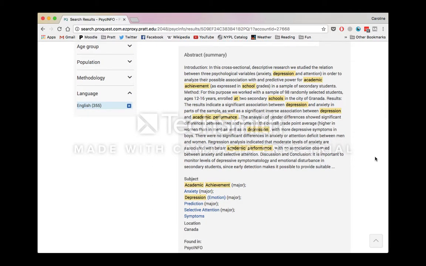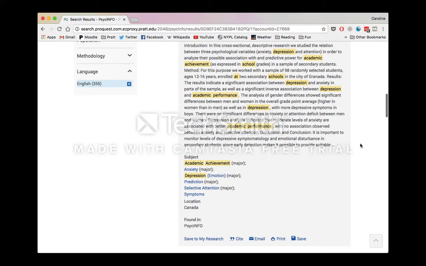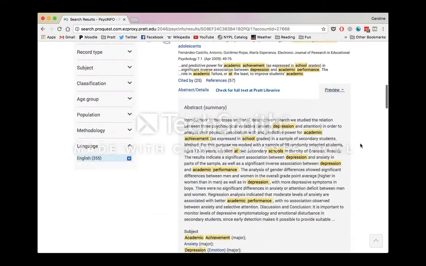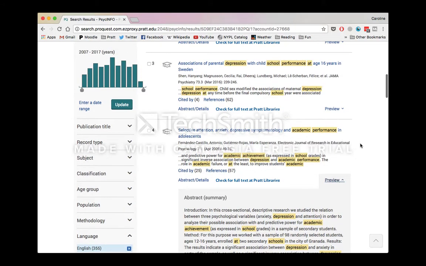So looking at this abstract, we can see that it's comparing 3 psychological variables and seeing how they relate and if they predict academic achievement. They talk about how they operationalize academic achievement, so this gives us a lot of information about whether or not this is useful for us. So say we decide that is a good article. Something that I like to do is open it in a new tab, so I'm still in my search results,